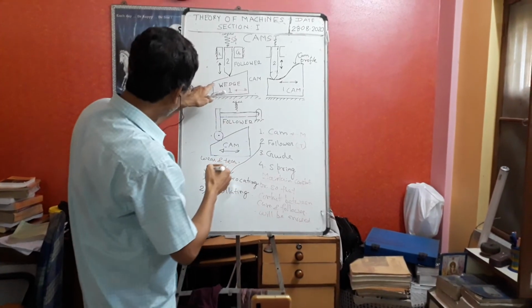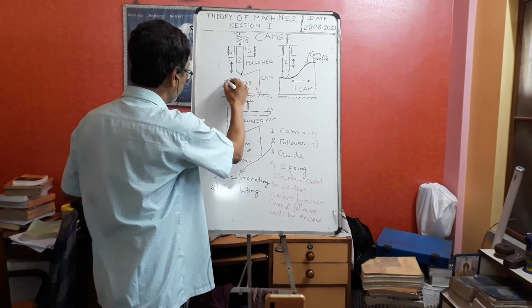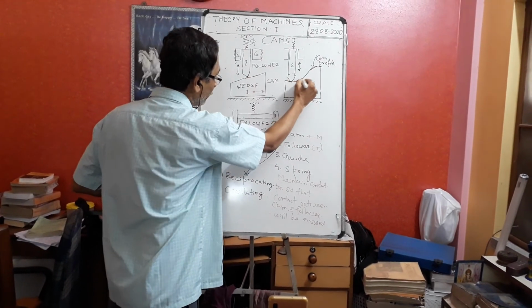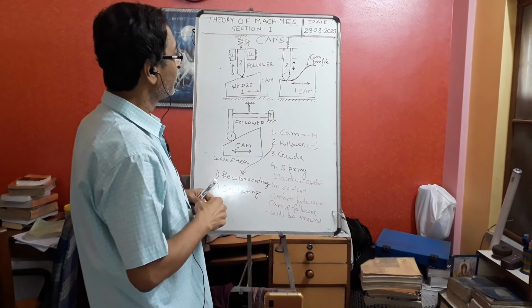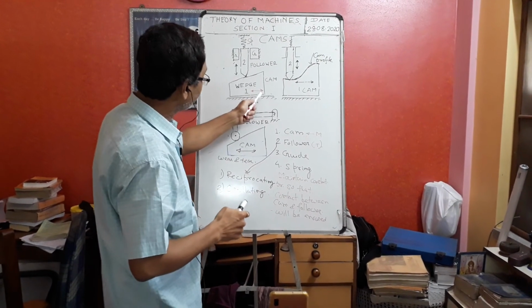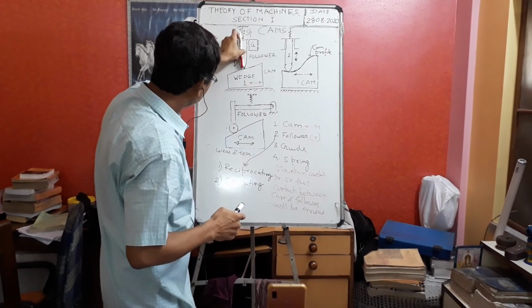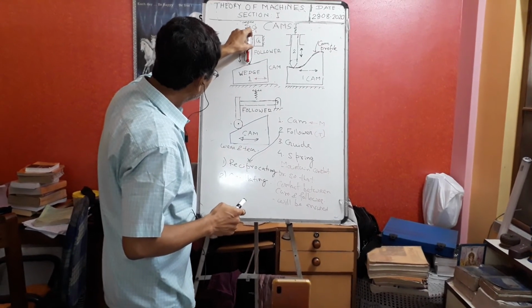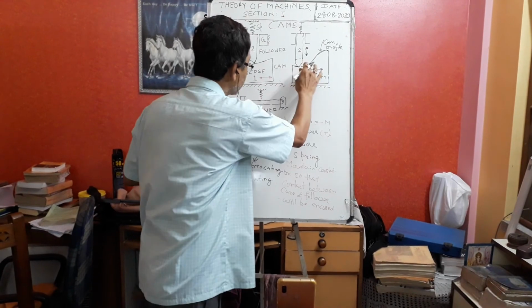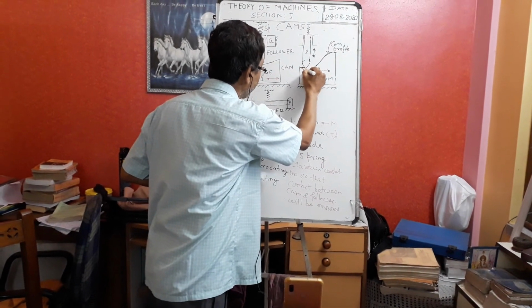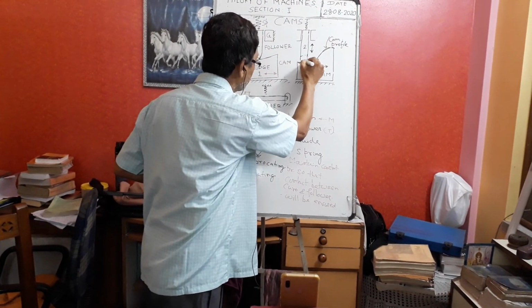So here the cam profile is a straight line, but here the cam profile will be like that. Now you say, if we move it like that, it will have a continuous up and down. But what will happen here? Suppose I do like that, rather I make it like that. The contour is like that. Suppose the contour is like that.